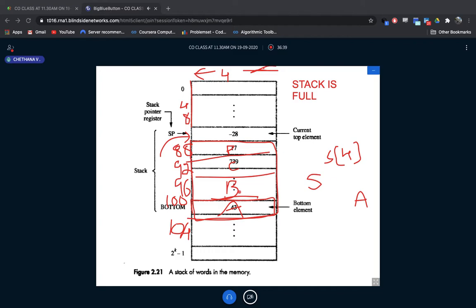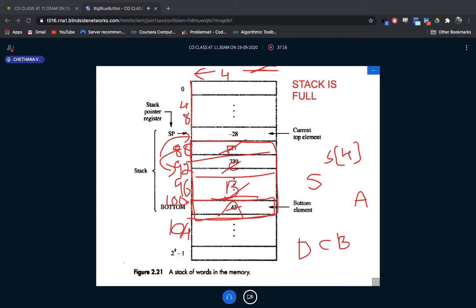Now after the stack is full, I'm not supposed to insert any new item. I'll stop this. Now I'm going to delete items, I'll pop out the items. How to pop out the items? First I'll pop out the first item, which is my item D. As soon as I've taken D, I'm going to change the address. Now I have C. This space is free now. Next is C; I'll pop out C. After popping C, I increment the address. It becomes 96 now. So next, B. I'll pop out B.